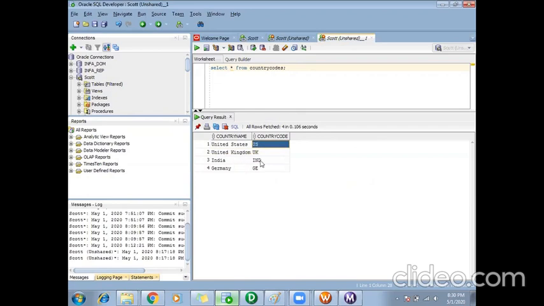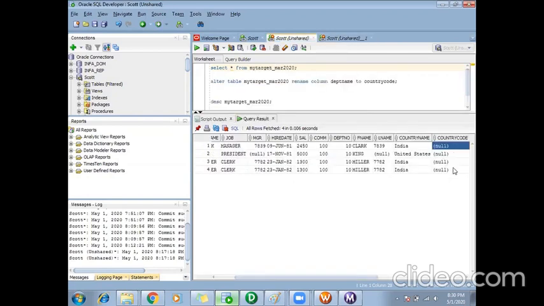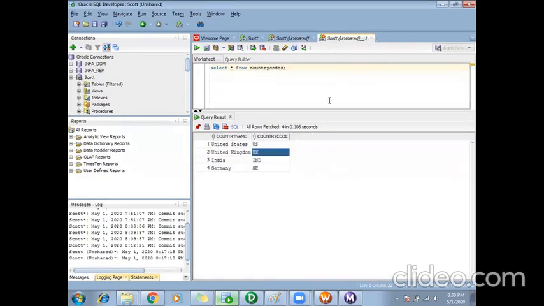If there is a match, I'll pick up the country code and then load it to my target. In such situations, where I want to do a lookup on a table or a flat file and get the result, we go for a lookup transformation.